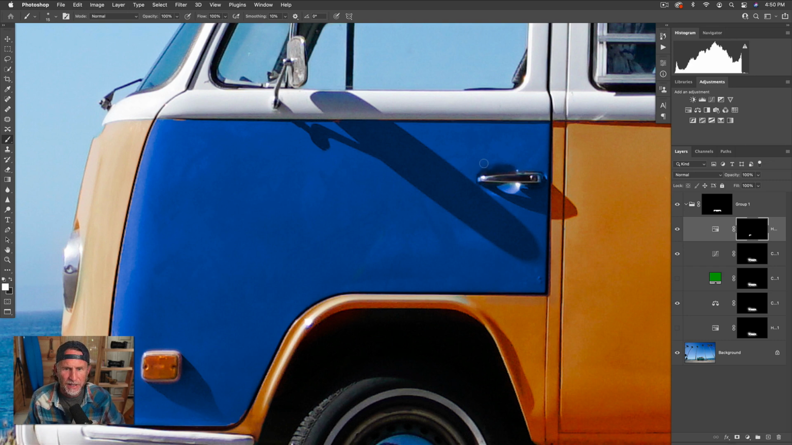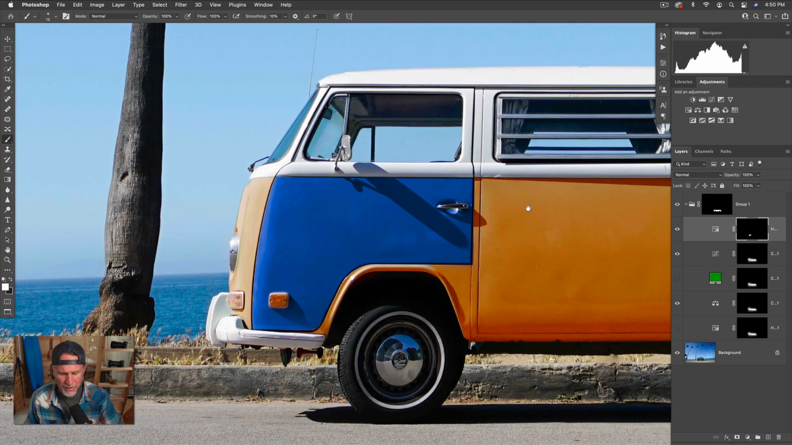And then tap the X key. What the X key does is flip between black and white. So if you need to add anything in, you can just do that. All right, so let's zoom out a little bit. Let's see how our